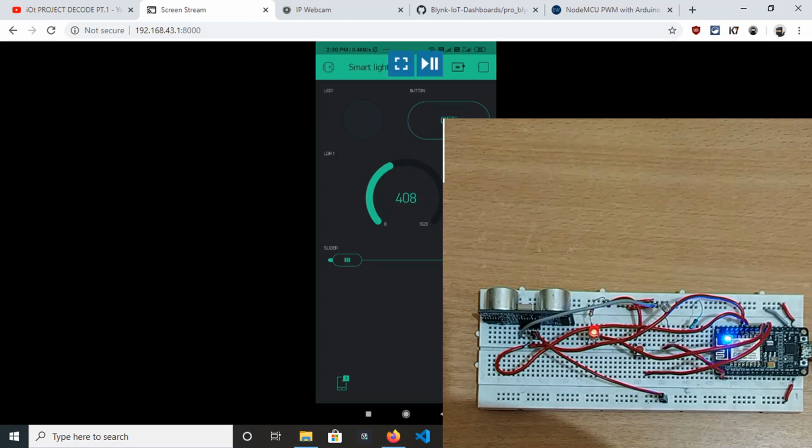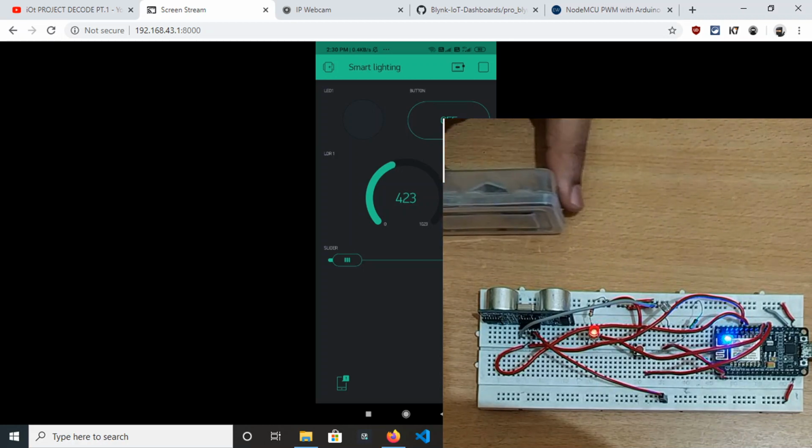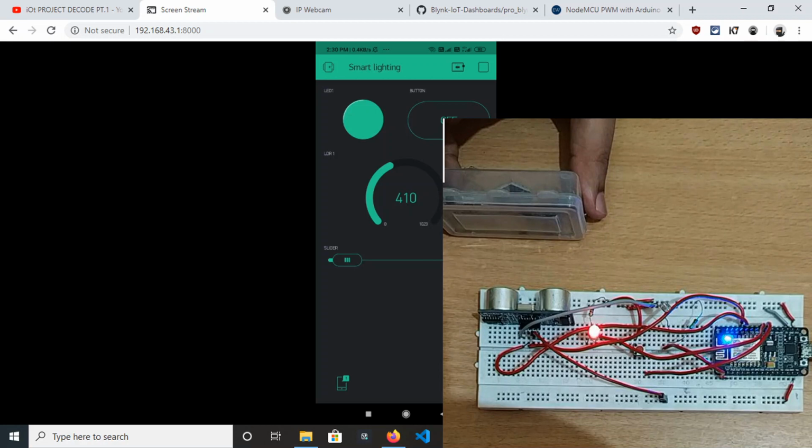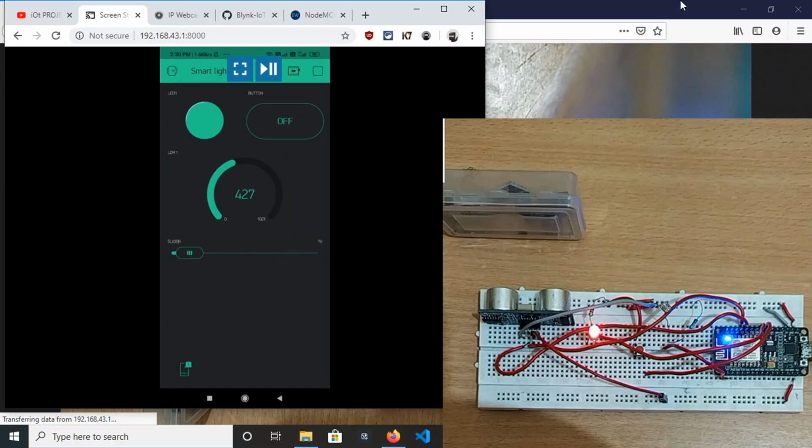And as a car passes, this will turn the LED to its 100% intensity.